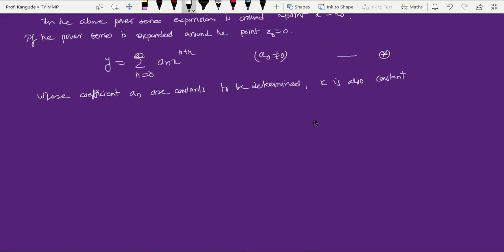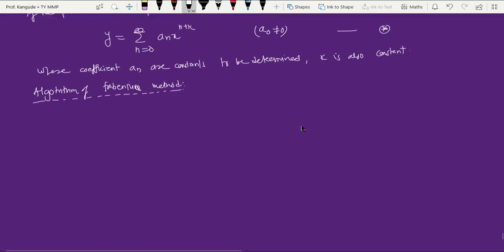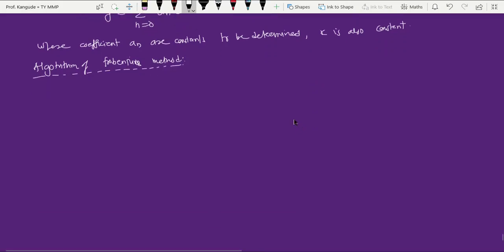Now let's go for the actual method. We'll start here. So let's study this Frobenius method to obtain the series solution of a linear homogeneous second order ordinary differential equation. Okay, so let's start. That is called the algorithm of Frobenius method. So we can use this algorithm, as I said earlier, in C programming too, for what are the different steps. So this algorithm